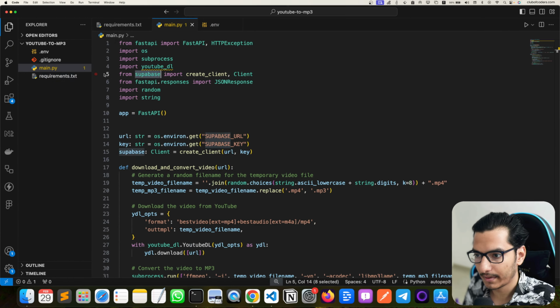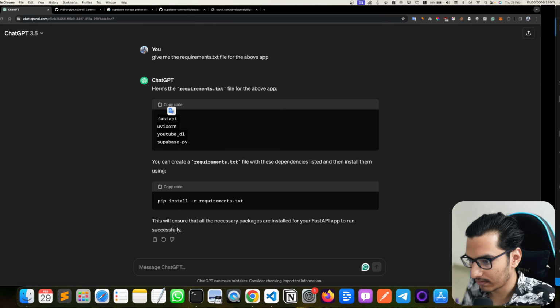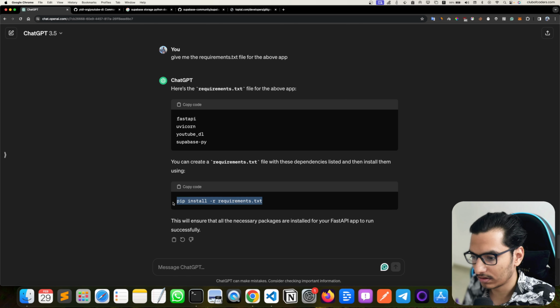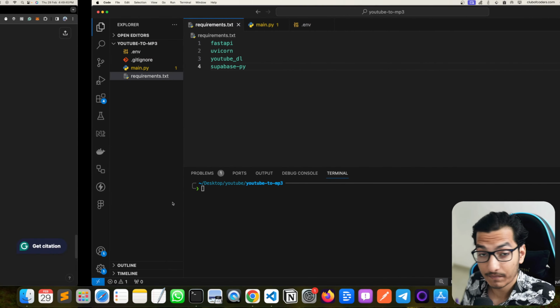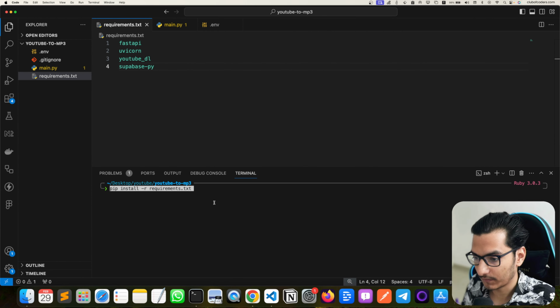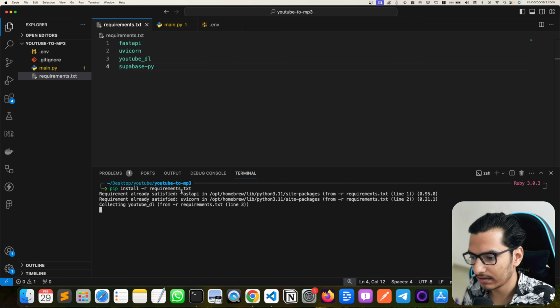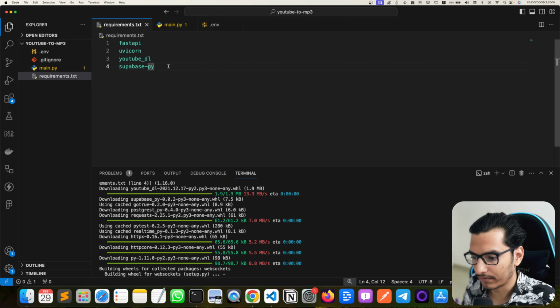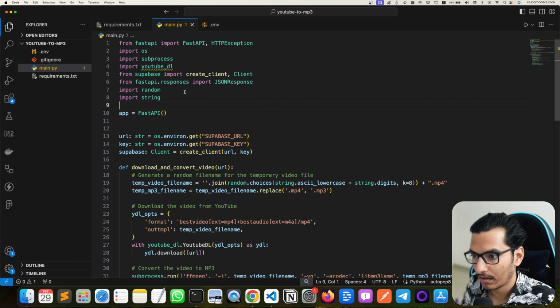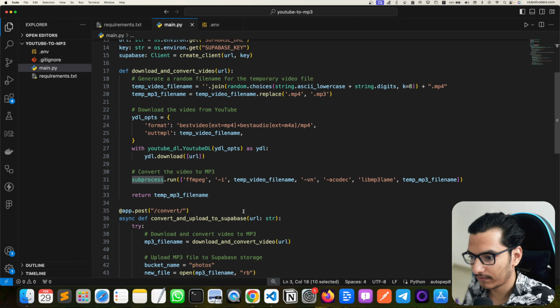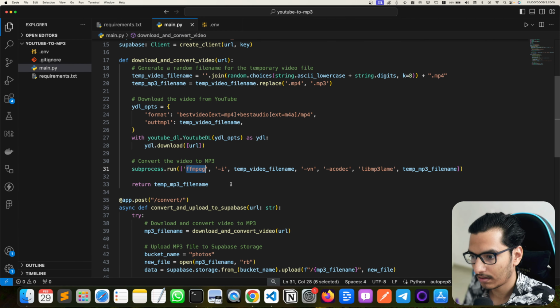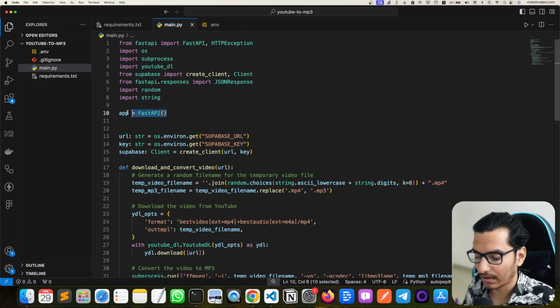So copy this, paste here, and now we can install all the requirements over here. This we have to do when we deploy this application to the server. So you can install this. I have already installed this. You can see already satisfied. But if we deploy it, we need this thing. Okay, that's cool. Now the other thing, subprocess, we also need FFmpeg, and when this will